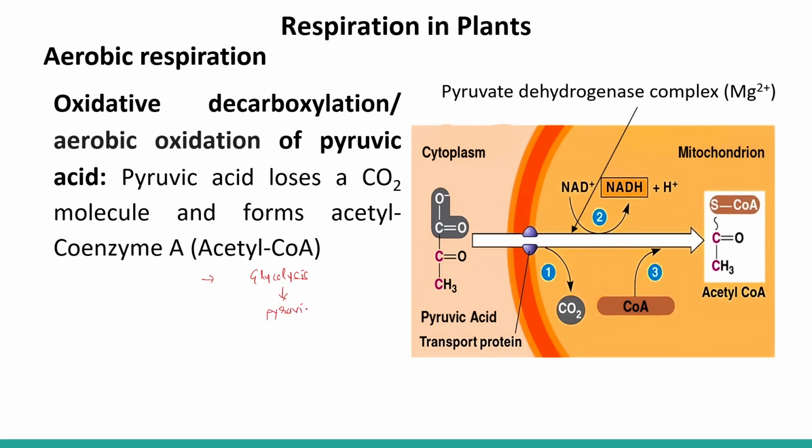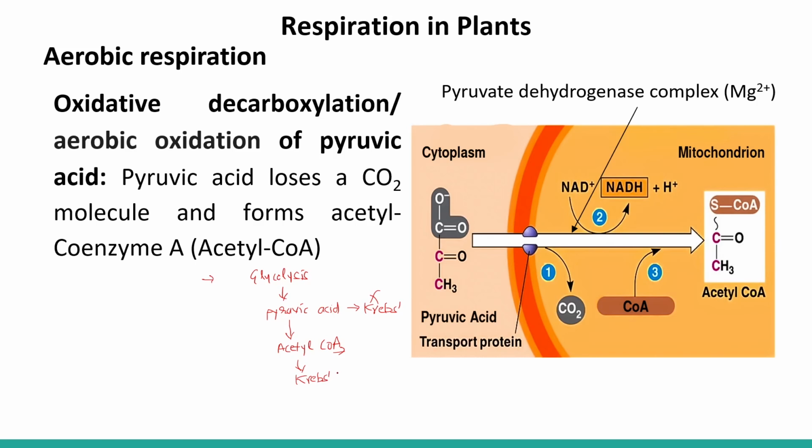Now, if pyruvic acid enters the aerobic pathway, first it has to be converted into some molecule, which is known as acetyl coenzyme A. So pyruvic acid doesn't enter directly into the respiratory pathway or the Krebs cycle. We'll talk about this cycle in the next lecture. Pyruvic acid is first converted into acetyl coenzyme A, and then acetyl coenzyme A will enter the Krebs cycle,